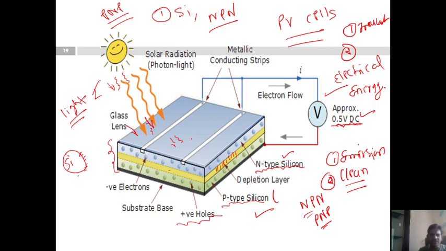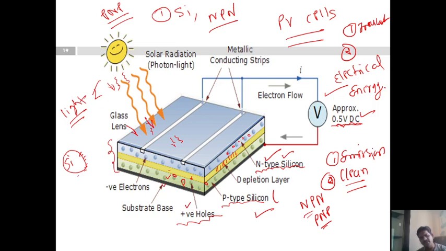So a photovoltaic cell consists in essence of a junction between two thin layers. There is a junction in between. If you call it the depletion layer, it is nothing but the junction. Yes or no? Yes. So what are these two thin layers of dissimilar semiconducting materials? One layer of the silicon is treated with a substance to create an excess of electrons. Here an excess of electrons will be there, and that becomes the negative or N type semiconductor. The other layer is treated to create a deficiency of electrons, becoming the P type semiconductor, that is, there is a maximum number of holes there.